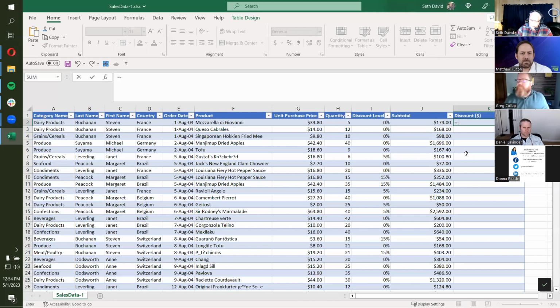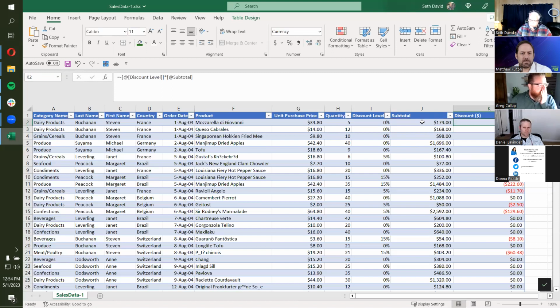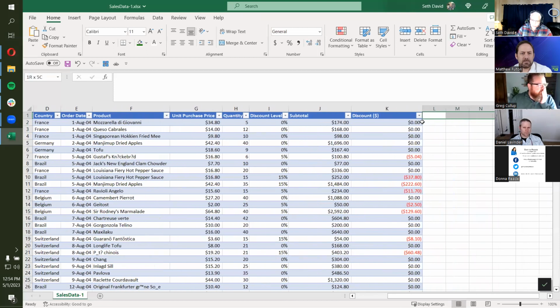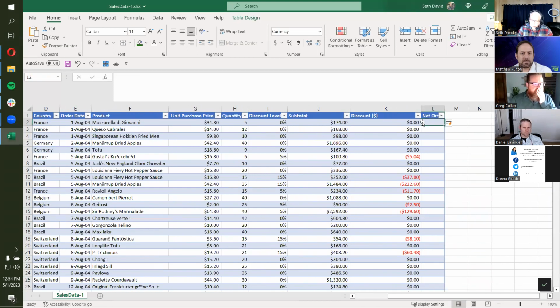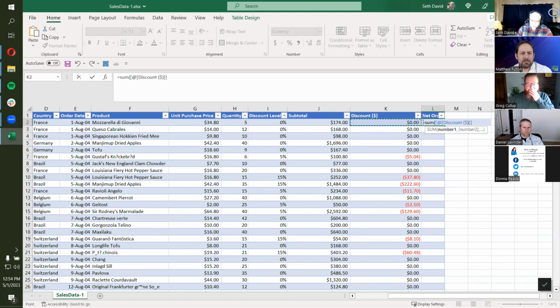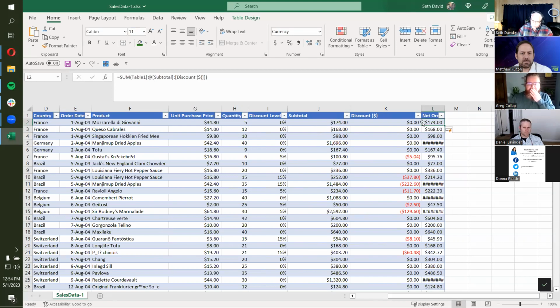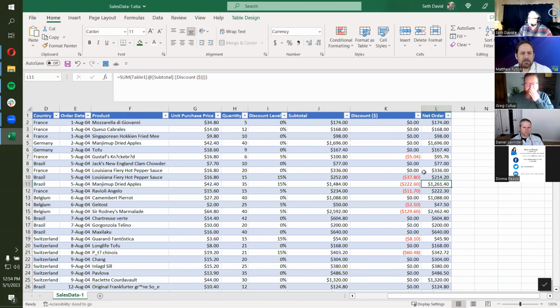So I'm going to start it with a negative. Equals negative discount level times subtotal. Just sort of what I call good form, I always start with the variable that's on my left and work my way to the right so that the formula follows the same flow as the columns that it's based on, right? That's one of my own little personal best practices. Okay, and now I can get the net order, which is simply going to be the sum. Now I can just add them, the subtotal and the discount. Okay, and now this makes a lot of sense, right?